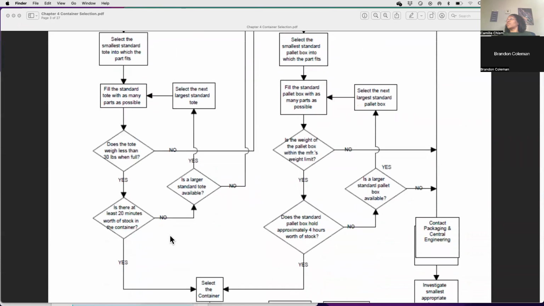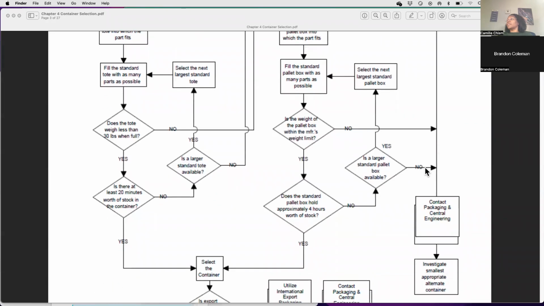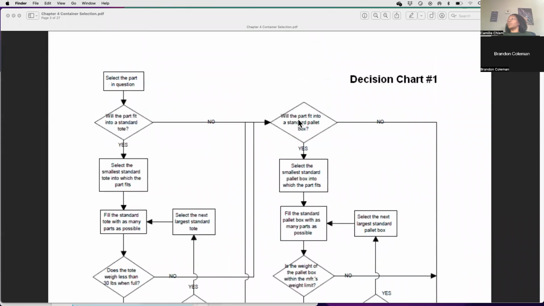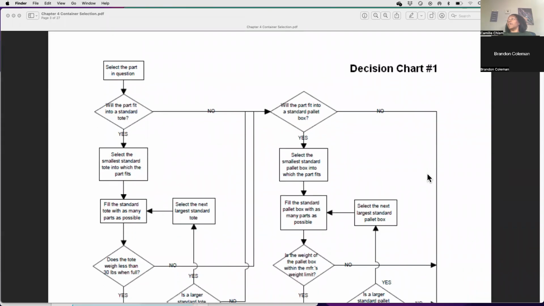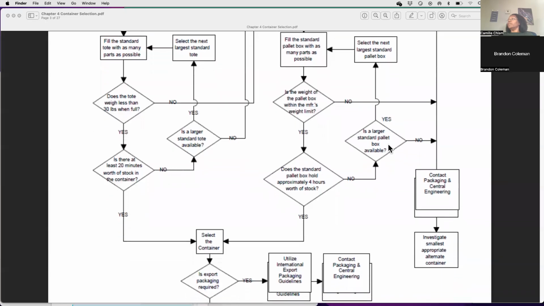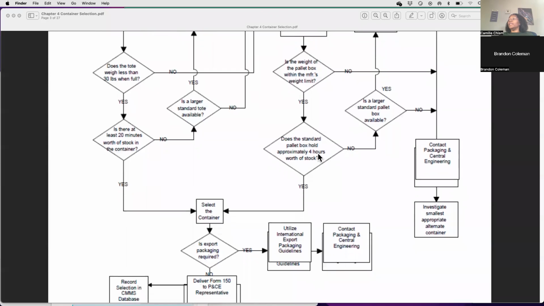if you just get a bunch of no's, so here you've gotten to yes, but let's say here you've gotten to no, and you try to get a small tote, no, you couldn't get a small tote. You go here, it won't fit in a standard pallet box. The weight limit for the manufacturer is below the weight of the part. The part is larger than a standard row pack or bin, larger than any standard that's available. And even if you got past all that, it still wouldn't hold 4 hours worth of stock in a bulk bin. So now you're going here again to central engineering, and